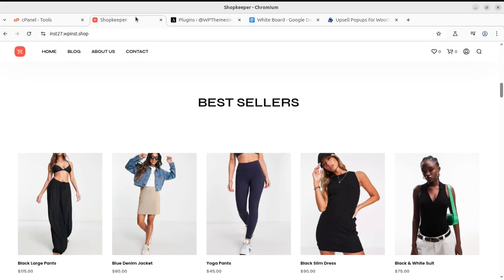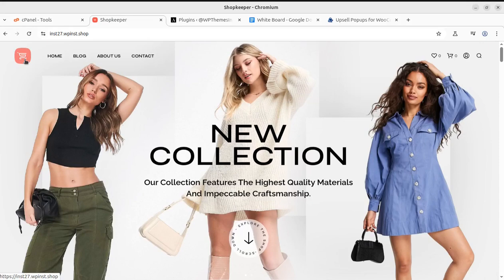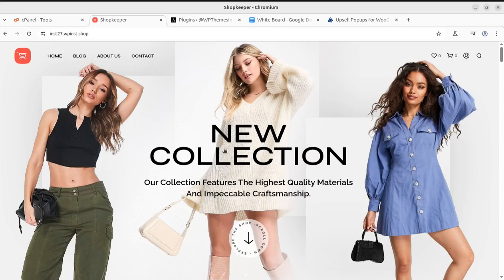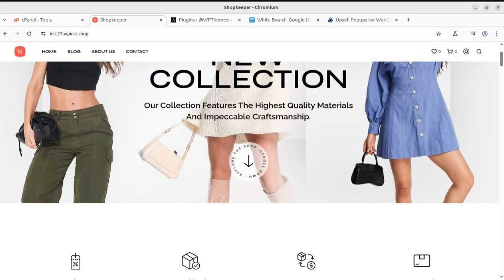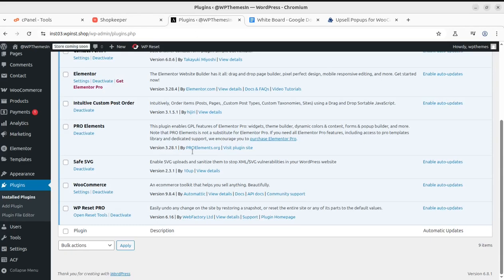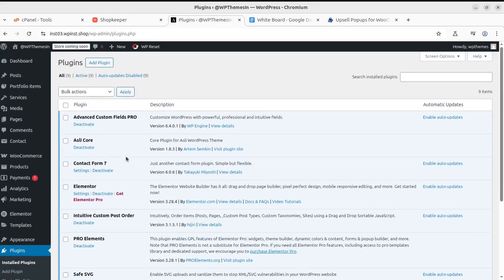So I'm taking you to the back end of this great website, and it is using the Shoptimizer WordPress theme, Shopkeeper WordPress theme, which is a very easy to use WordPress theme for an e-commerce store. You can watch the specific video on the channel itself. So in the backend, I have already installed this advanced plugin, that is the